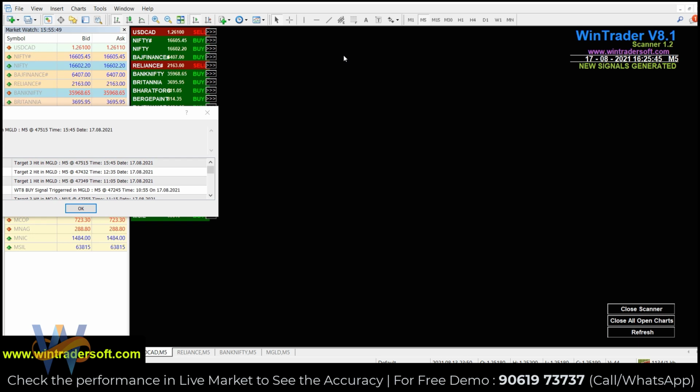Before taking the position, you always have to open the chart. You can directly open the chart from the scanner, and you have to check whether the given signal is confirmed or not. If it is confirmed, only then can we take the position. Checking confirmation, I already told you, is very simple, and we will give a training session also.